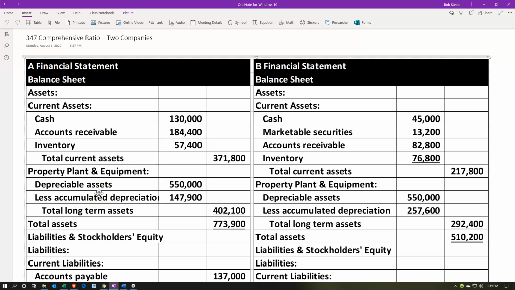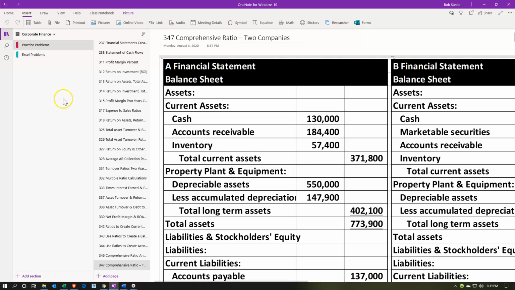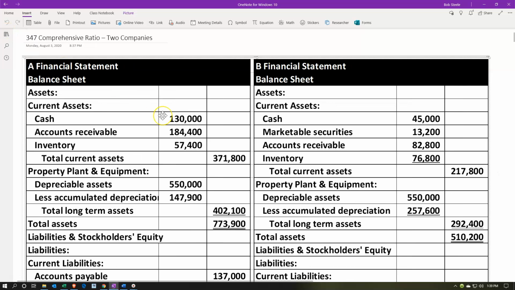Here we are in OneNote. If you would like to follow along in OneNote, you're not required to do so, but if you have access to it and would like to, we are on the 347 tab, the Comprehensive Ratio to Companies tab under the Practice Problems section. Closing this back up, we're going to have our information for the practice problem, which will include